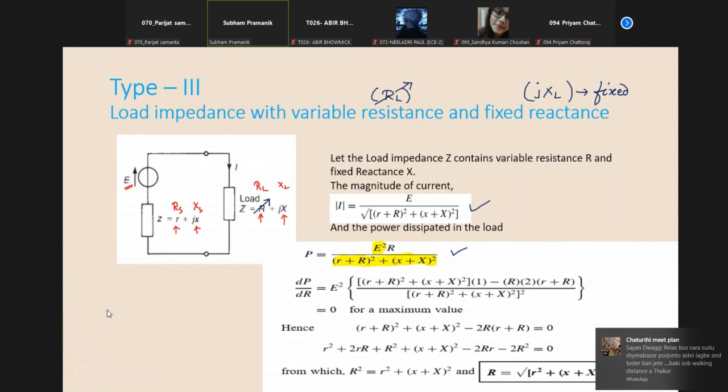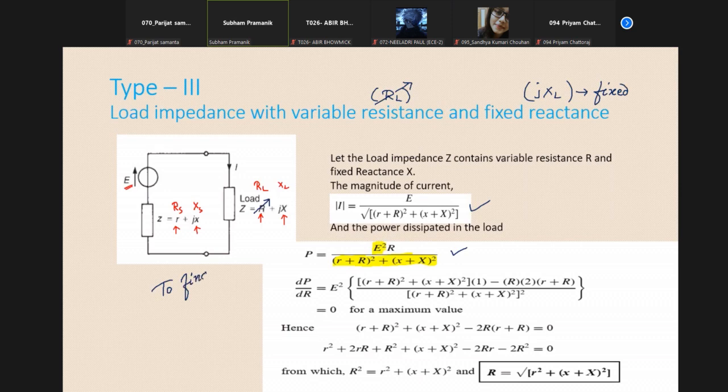Why did we do this differentiation? To find the condition of maximum. We did this dP/dR. If you differentiate and set this equal to 0 for the maximum value, then you will get an equation like this,